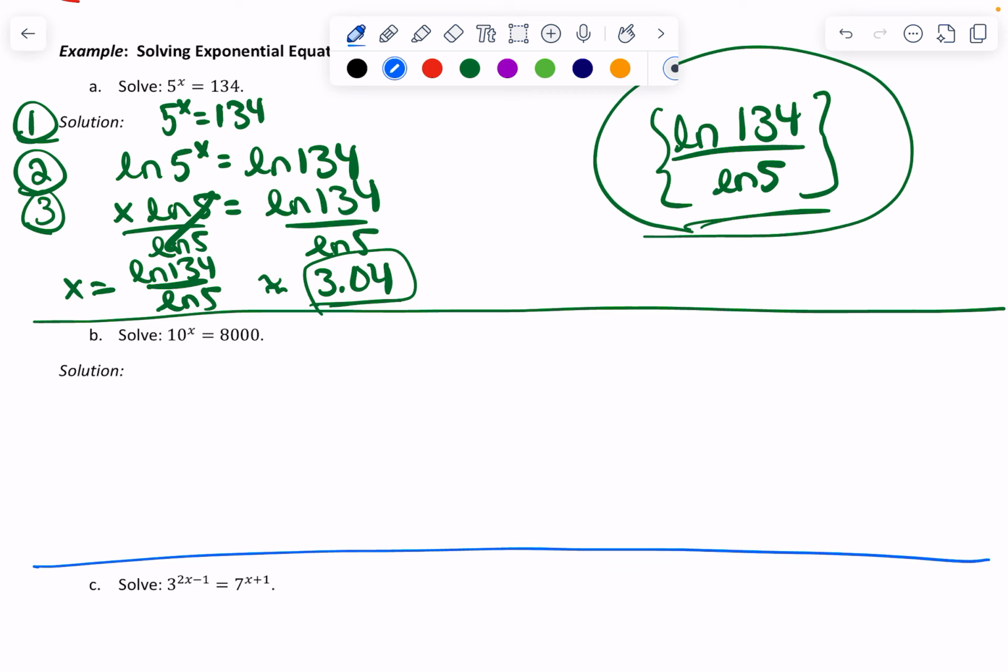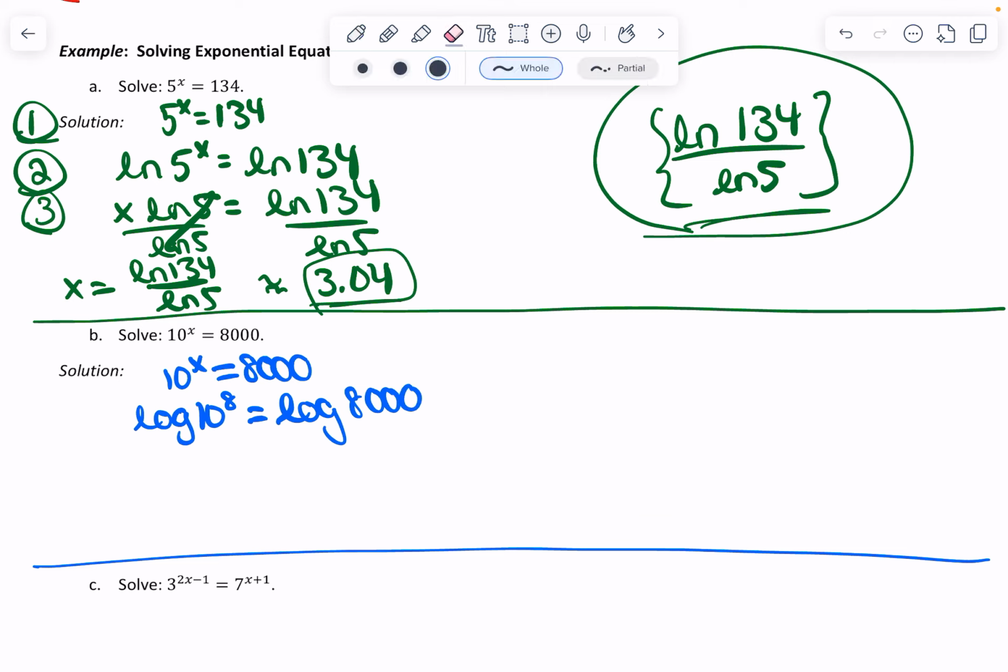Okay, next example here. Again, we have the exponential expression already isolated. Now our base is 10, so we're going to use the common log. We're taking the common log of both sides. Oops, that's not an 8, that's an x, sorry. And then we bring the x over here to the front,